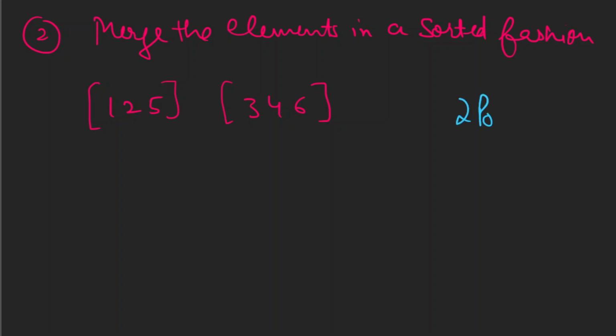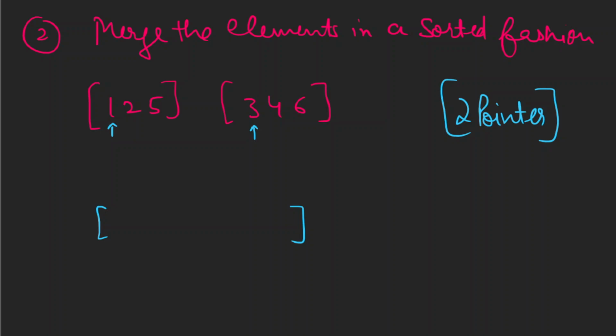So you can use a two pointer strategy, and that is to start a pointer on this side and to initiate a pointer. So this is pointer 1 and this is pointer 2. Okay, and this is the nums 1, this is the nums 2, and now you have your merged array. Okay, and now you're going to store the element. So whichever element is pointed by the pointer is smaller will be stored in the array, and that pointer which has given us the smaller element will also be incremented,